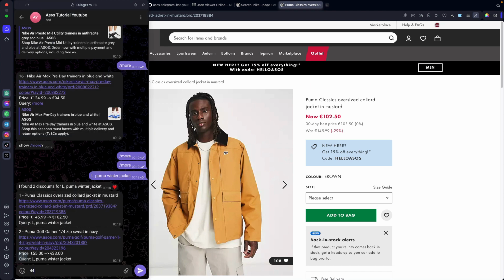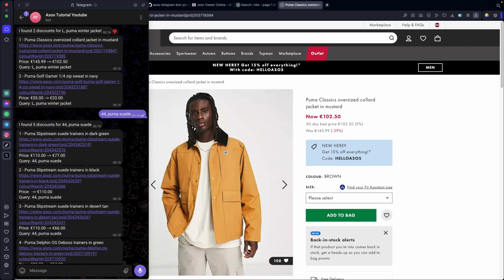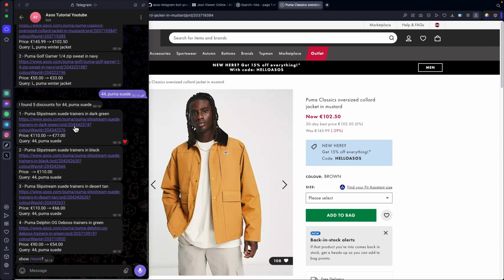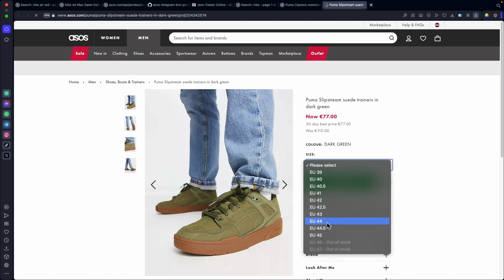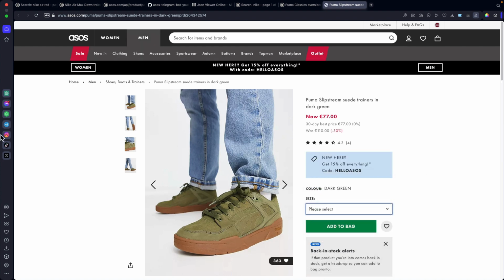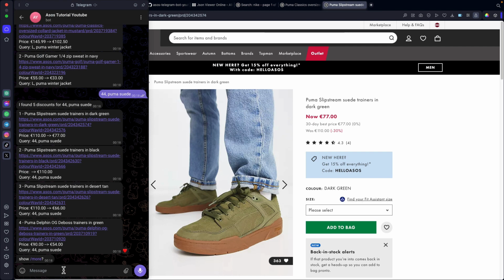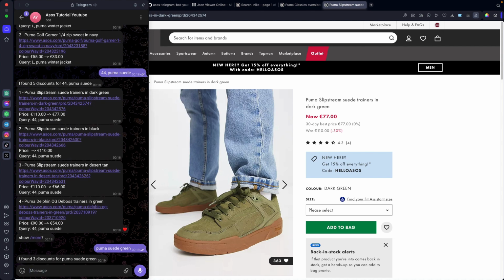What about the 44th size Puma suede? Let's check. Yes, it works too. And if we search for a product without specifying a size, for example, Puma suede green, it works as well.